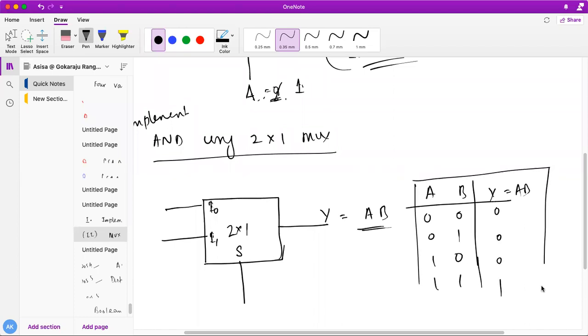So what you have to do here is very simple. I have told you always MSB input. This is my MSB input, student. This MSB input is connected directly to the select line. So here it is A. I have connected my MSB to the select line. So this is the first thing. You have to connect the MSB input to the select line. Next, what you need to do?